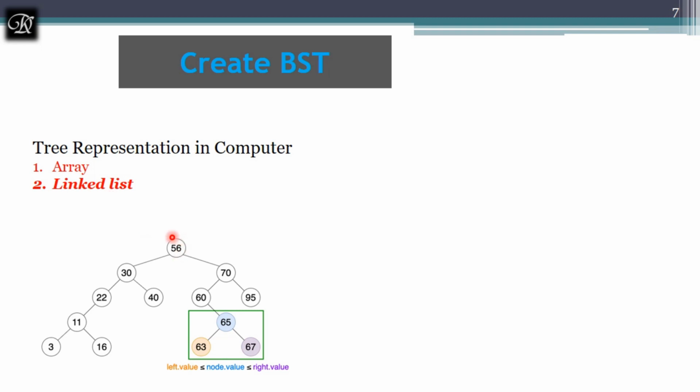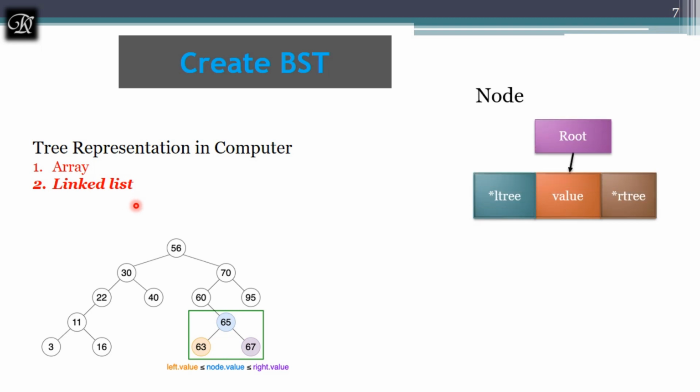You can see there is a node which has a right child and a left child, so a right tree and a left tree. To achieve this, the best linked list we can use is the doubly linked list. As we have already seen, the doubly linked list has an information value, and previous, which we rename as the left subtree here, and next, which we call the right tree here.